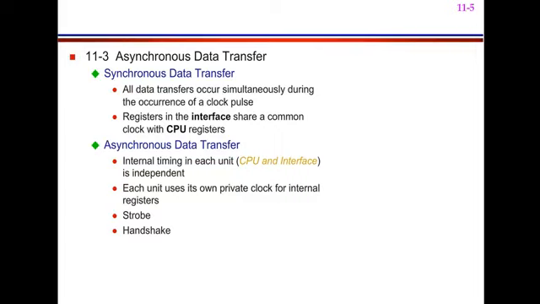The third disadvantage of synchronous data transfer is that the speed of operation of both the devices should be the same. If the speed of operation is mismatching, then the data transmission and receiving rate will be mismatching. Due to that, there will be a loss of data between the source and destination in the channel. So that is the drawback of synchronous data transfer, and that is why we mostly prefer asynchronous data transmission.